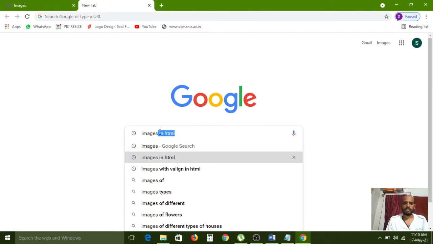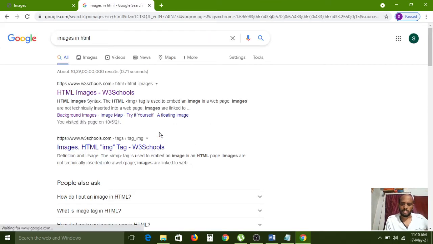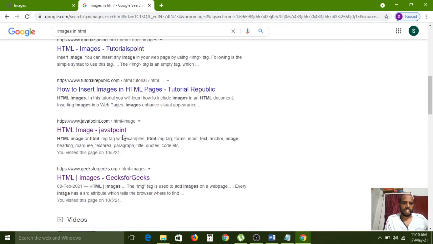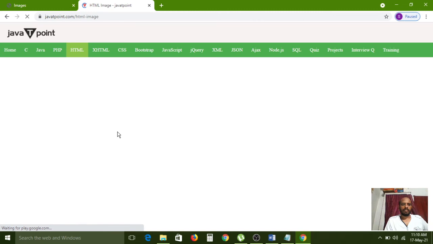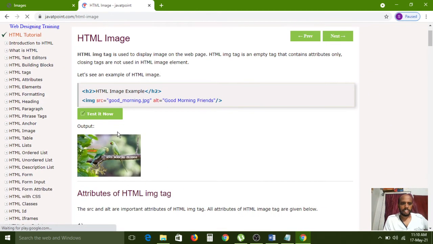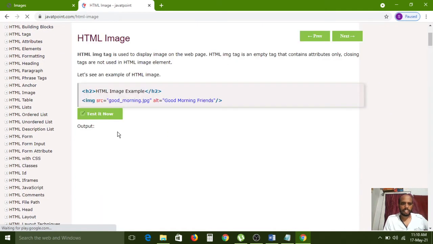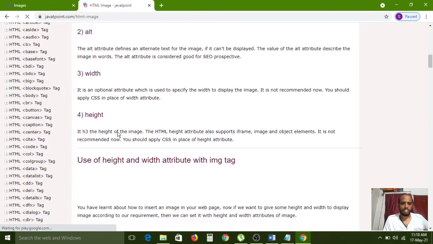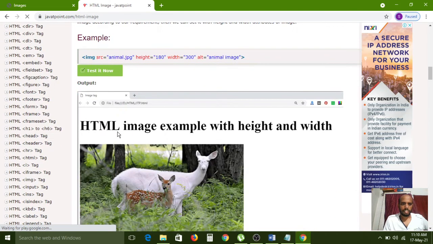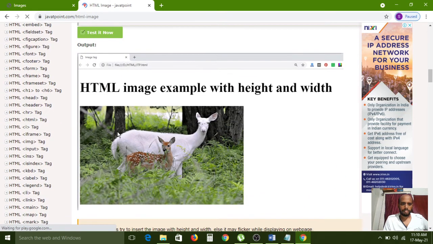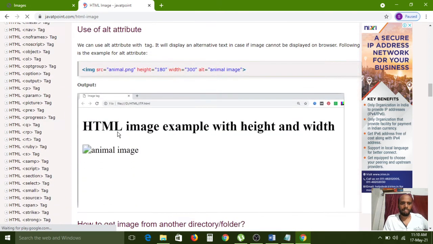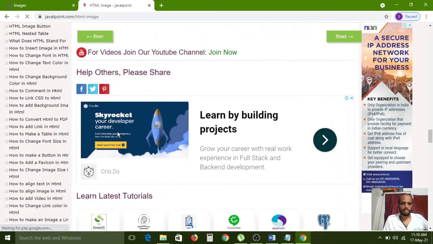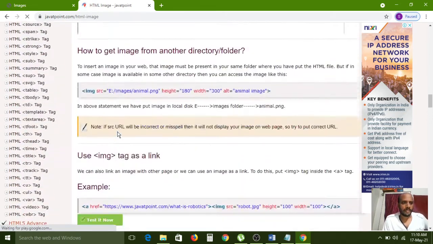Images in HTML. For that, JavaTpoint is a very useful website. Simply you can understand. Why is it not showing the align attributes?